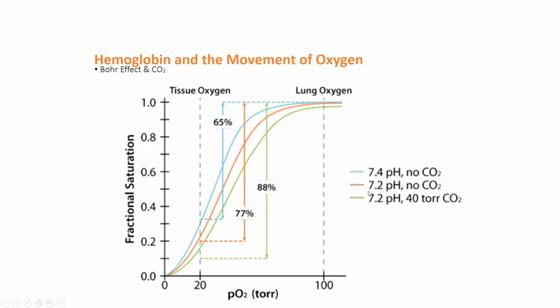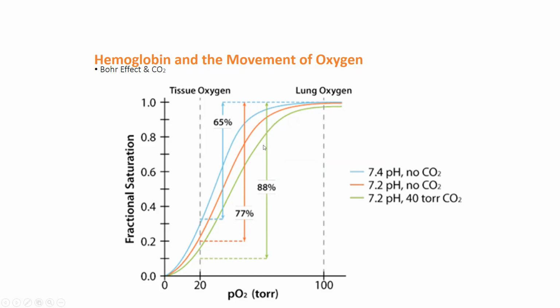You agree with me that the stress increases from blue to red to green. Green is the most stressful. It is acidic with carbon dioxide. Red is less stressful because it's just acidic, 7.2. And blue is stressful, but it is 7.4. It's more alkaline than 7.2. So what's going to happen now is the graph is going to shift to the right